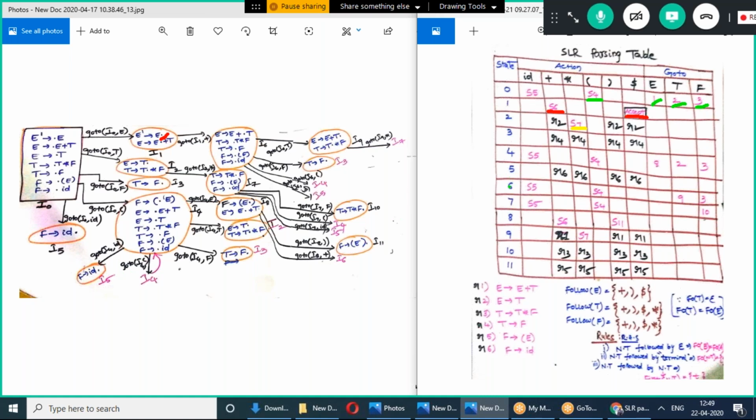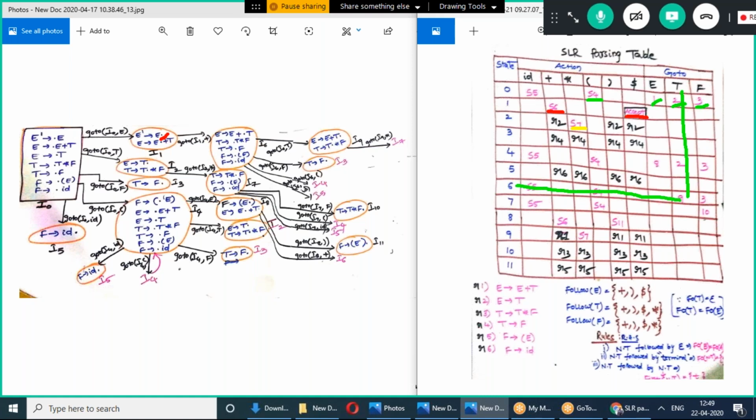Next come to I6. Then from I6 there are 4 paths, that is I6 comma T, I6 comma F, I6 comma open parenthesis, I6 comma ID. Then I6 comma T, it is going to I9. See here, this is the T and this is I6.